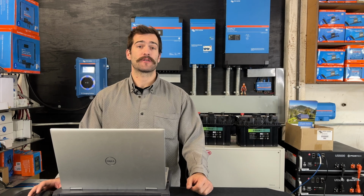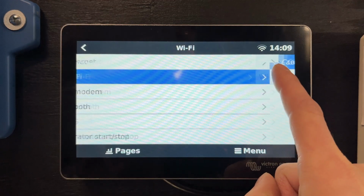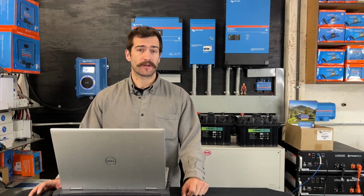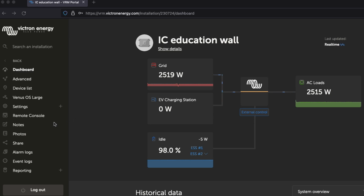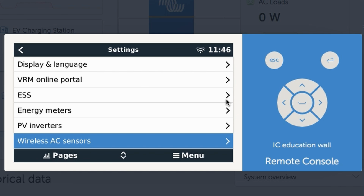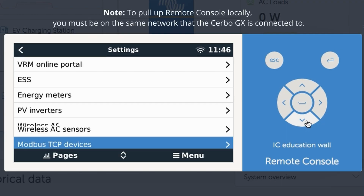Next, you need to have your Cerbo GX connected to the internet, either via a hardwired Ethernet connection or a strong Wi-Fi connection. Now I will walk through the steps of configuring the Auto Gen Start remotely via the Victron Remote Management Portal. It's worth noting there are 2 ways of doing this. You can either go directly through the VRM portal and go to Remote Console, or you can navigate to the IP address and enter that directly into a search bar,